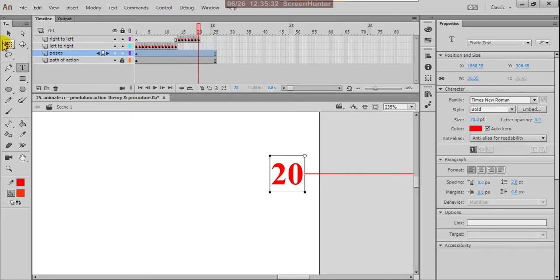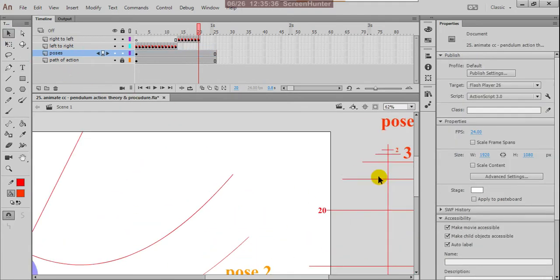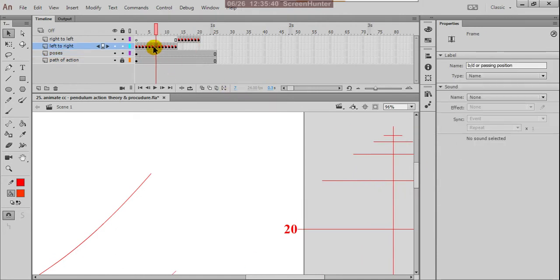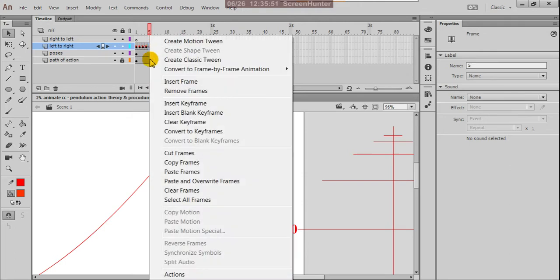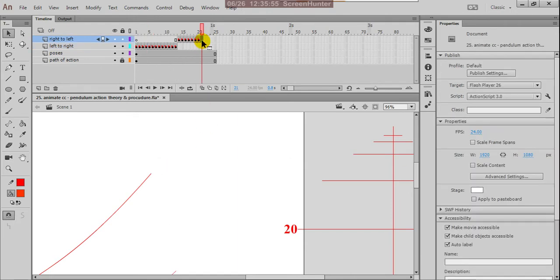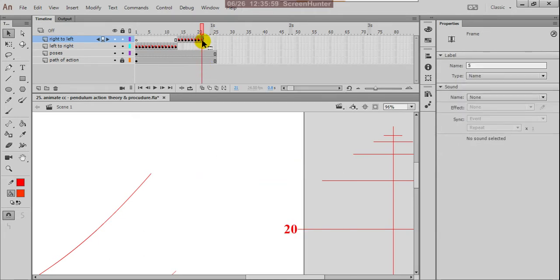Then again, instead of 6 choose the 5th: copy the 5th frame and at the 21st right click and paste frames.